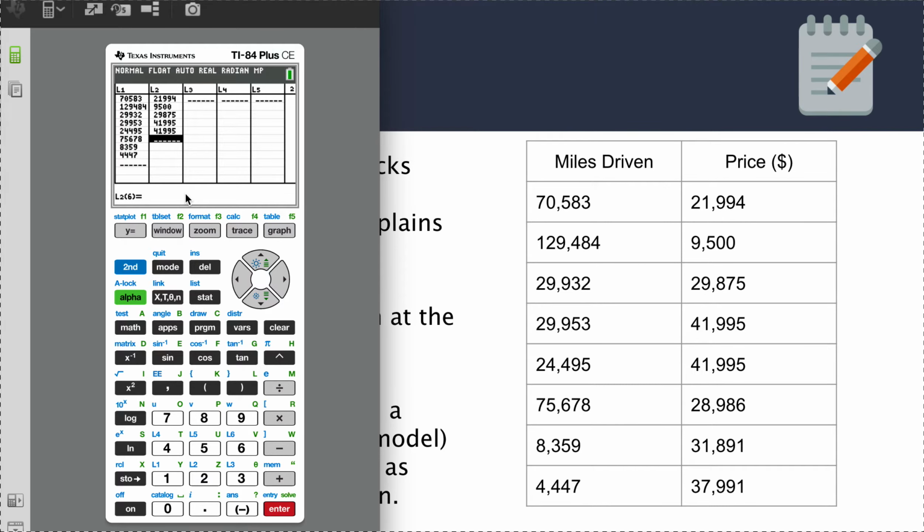Interesting. 28,986. 31,891. And 37,991. All right. Again, I like to do a quick scan just to make sure I haven't made any mistakes,